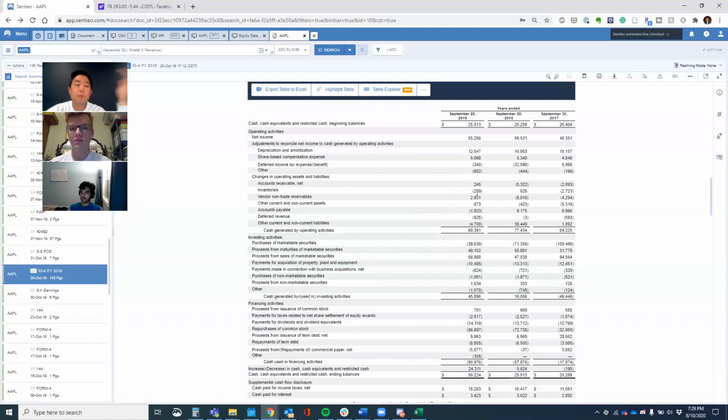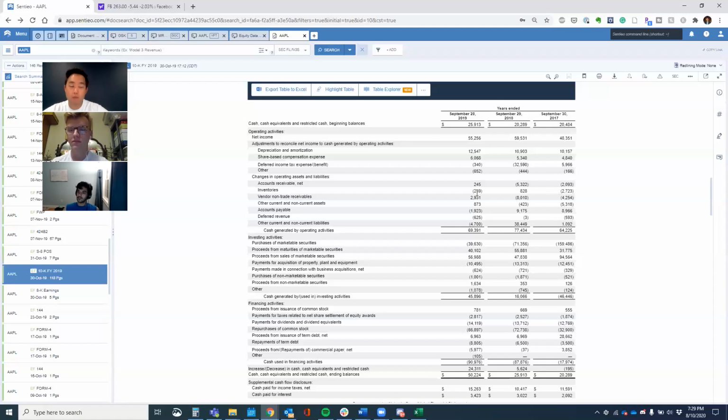So EBITDA minus Capex is just saying what is the cash flow of the business outside of any financial asset purchases, acquisitions, outside of any balance sheet movements, right? It's like what is the business generating cash generally, and you minus Capex, right? Generally. And it's supposed to be a quick way. So I think you're right, William,